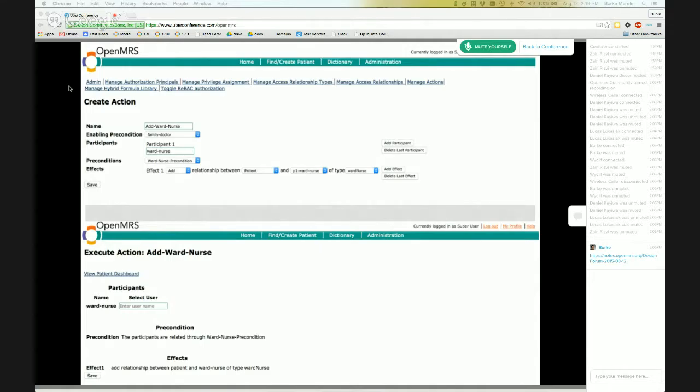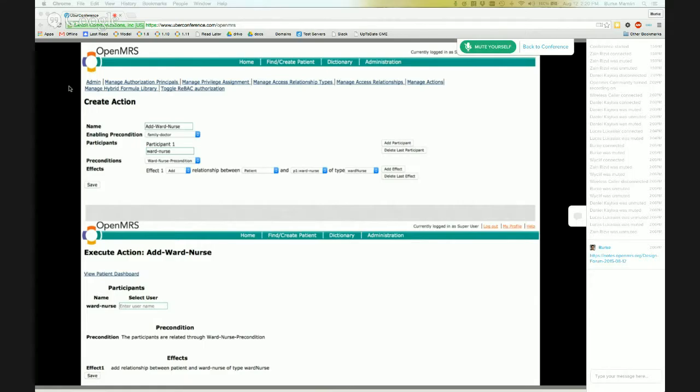The second aspect here is the enabling precondition. This is a relationship type that's been defined in the system, and it specifies a precondition that the user who wishes to execute the action and the patient that they wish to execute the action on must share with each other in order for this action to be available to the user.